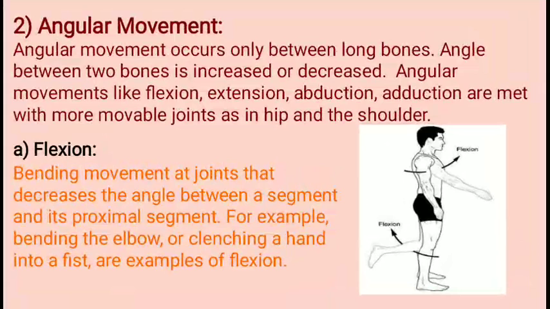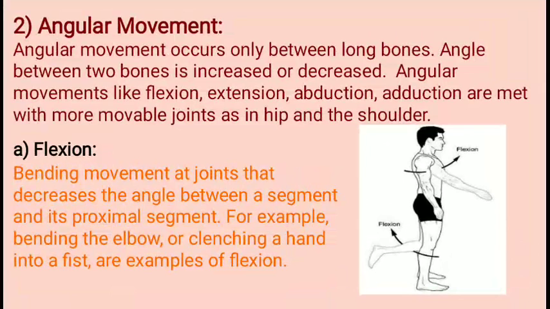What does flexion mean? In a simple sense, whenever any part of the body moves away from the body, I am talking about the anterior part, that is the front part of the body, when it moves further or moves backward to the posterior part, that is front and back, that movement is considered flexion. In meaning, it is the bending movement of the joints, the movement that decreases the angle between the two bones.